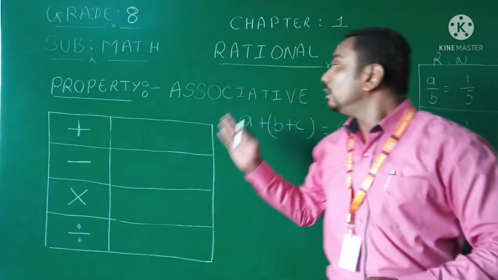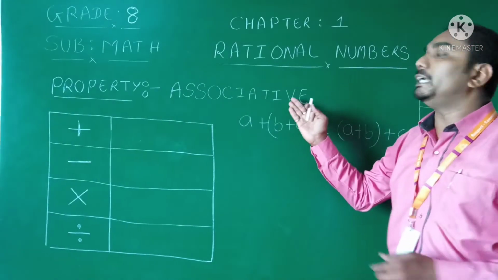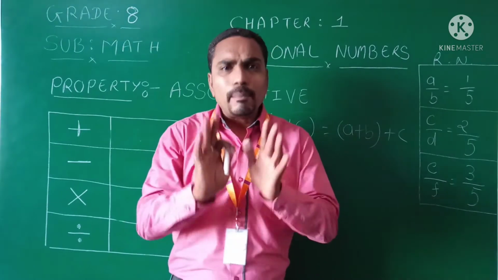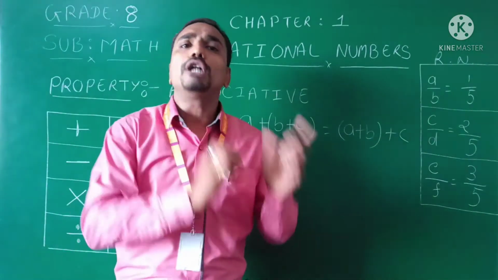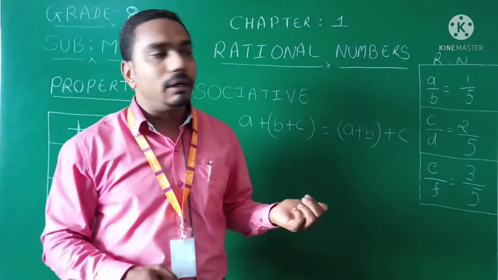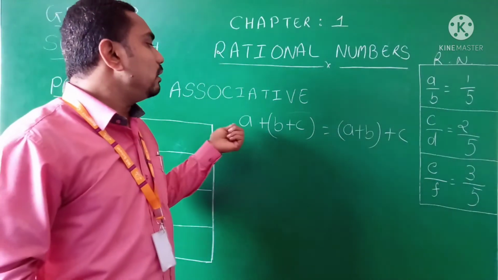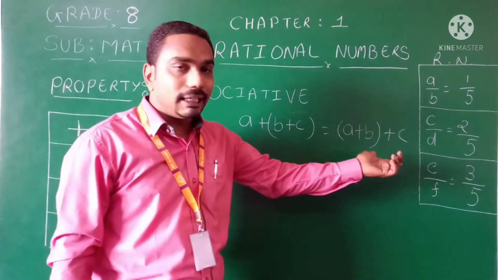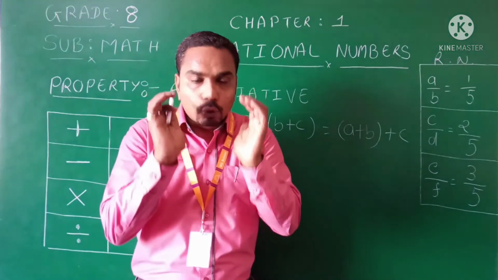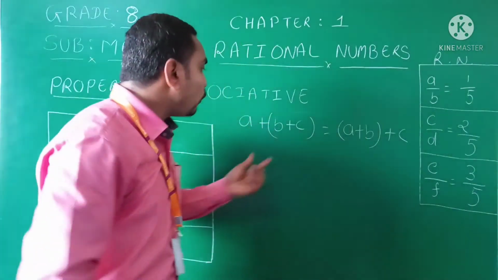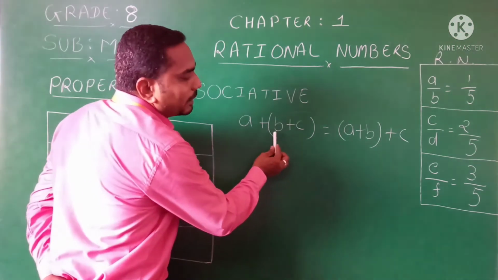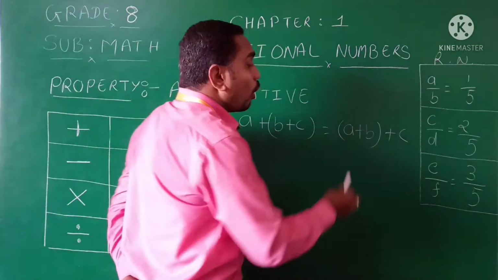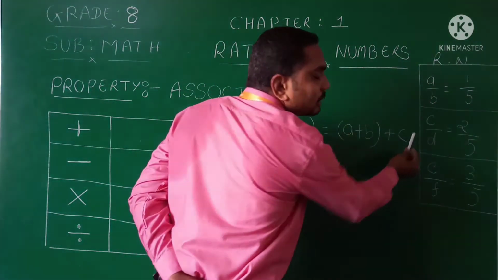Let's go ahead with the third property, which is the associative property. So now guys, what do you mean by associative property? It means that we are making some association in the given numbers. For example, let's take three terms, a plus b plus c, and again the same one. What we are doing? We are making a group, or making some association. For example, let's keep a aside and make a relation, that is b plus c. Let's check whether it's the same or not as a plus b, by keeping c aside.